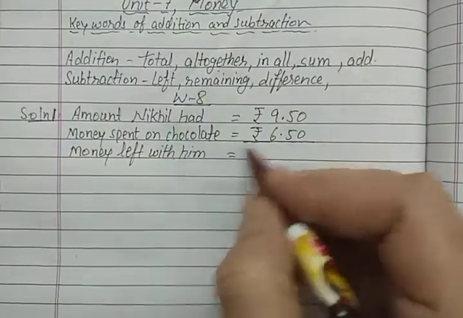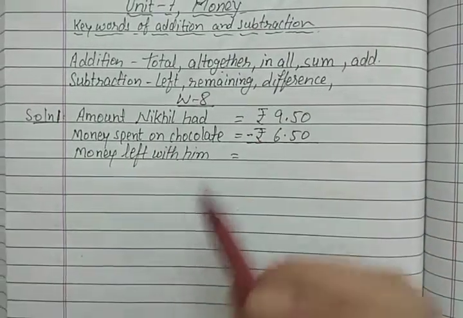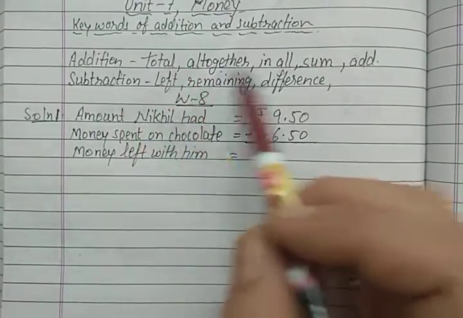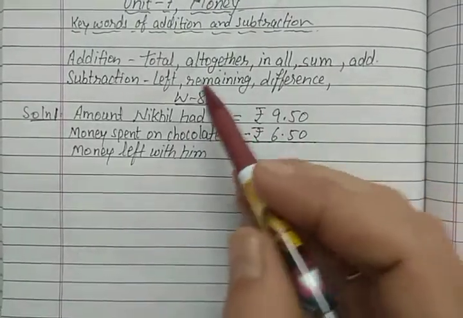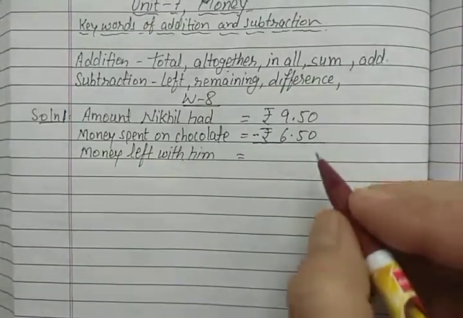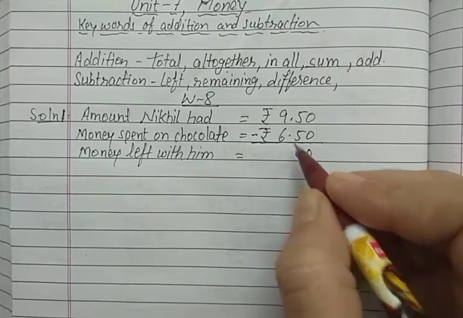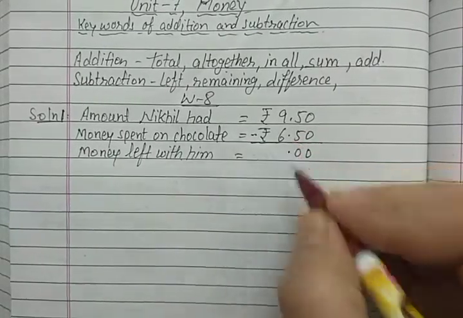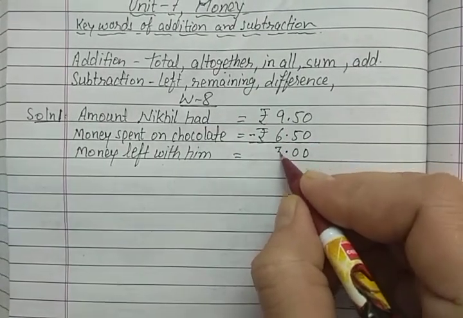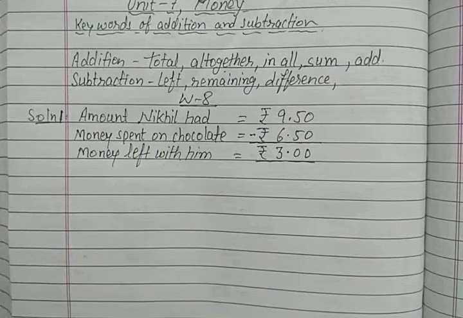And now what we have to do is we have to subtract. जब left हमें बची हुई चीजें निकालनी होती है, you can see here the left is a keyword of subtraction. So learn these keywords again. अगर आप इनको भूल गए हैं, so learn these keywords. Now subtract it. 0 minus 0 is 0. Again 5 minus 5 is 0. And this point or dot comes under dot, and 9 minus 6 is 3. And the rupees sign comes under rupees sign.